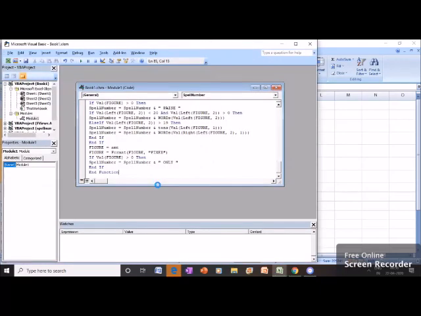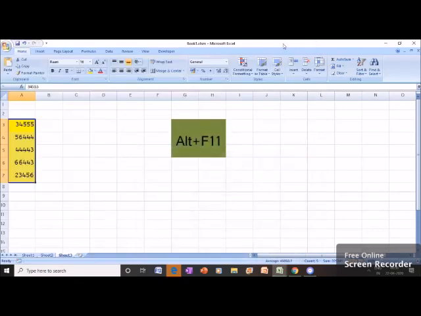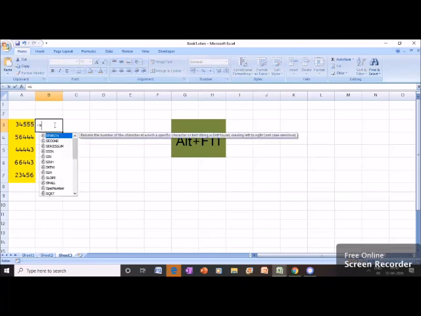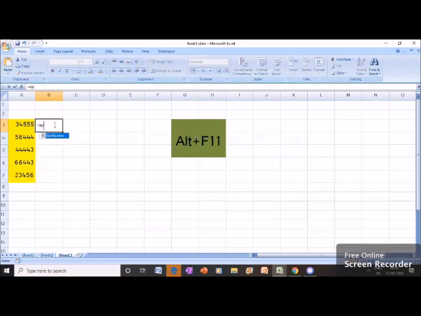After saving this, now we can use the SpellNumber function. The SpellNumber function is now customized. We have created it manually and now we can use it as I told earlier. So SpellNumber, and after selecting that particular cell, we will press the Enter key and we will get a result.